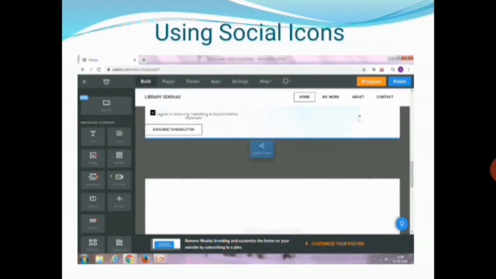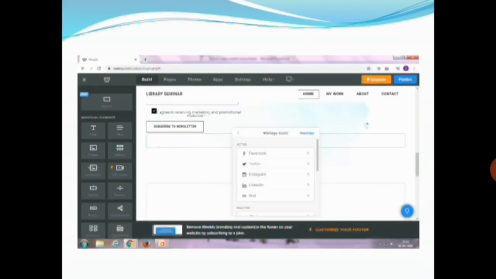The next one is social icons. The social icons are one of the major advantages in the Weebly website. If you select the social icons, automatically the social icons will show up. The drop down box will open with Facebook, Twitter, Instagram, LinkedIn and mail. All these social media are in active mode.